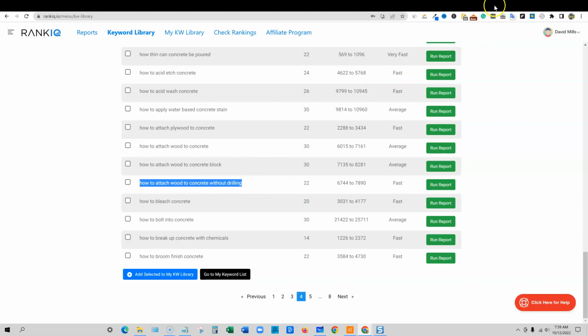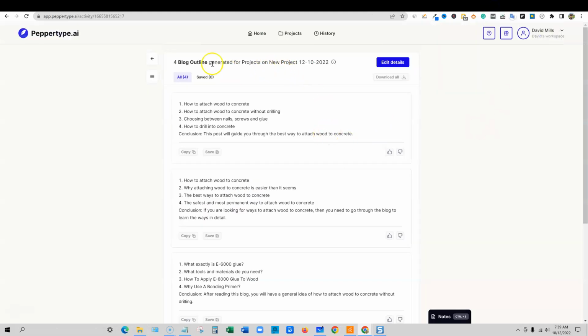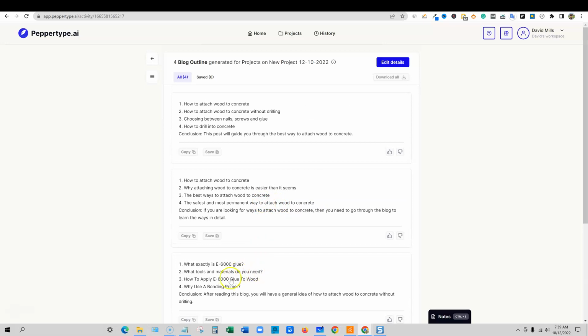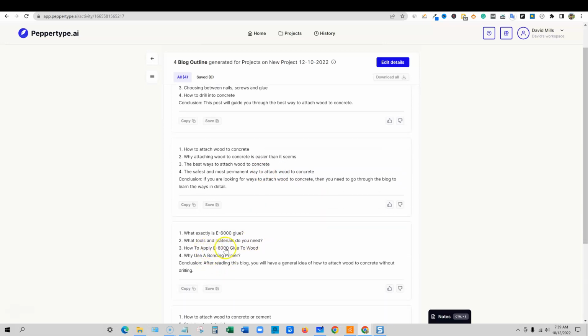So first, right off the bat, I went over to Peppertype and I went to blog outline and put that in. And you can see that Peppertype kind of struggled with this. It did come down here and used E6000 glue to wood. And it used why use a bonding primer. And I think that when we do the content, this is when you're going to really find that the tools that are actually seamlessly writing an entire article together might do a better job,